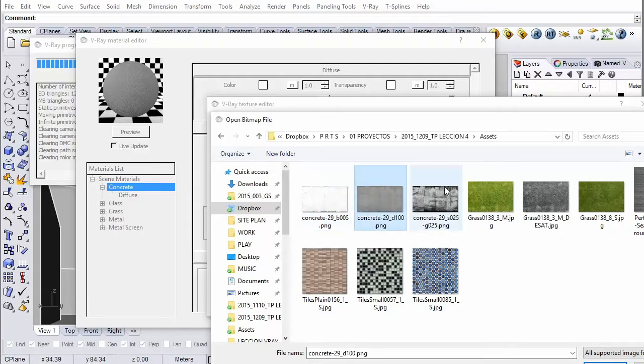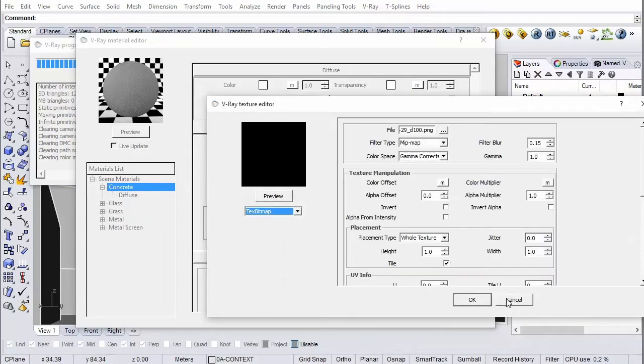One of them is the color information and what it looks like. Another one is a bump map, which is going to determine how rough it looks in direct light. So those are the two that we're going to use. So we're going to set the color map to the diffuse layer. So there it is. If you just click preview, it'll show up there.